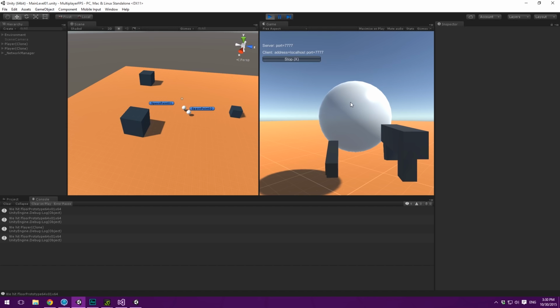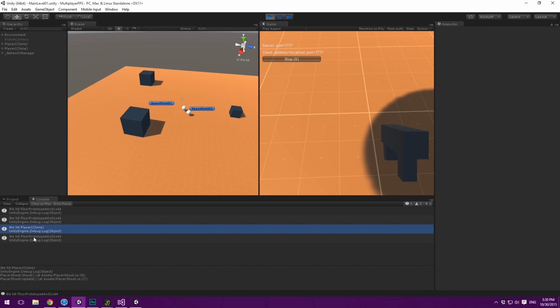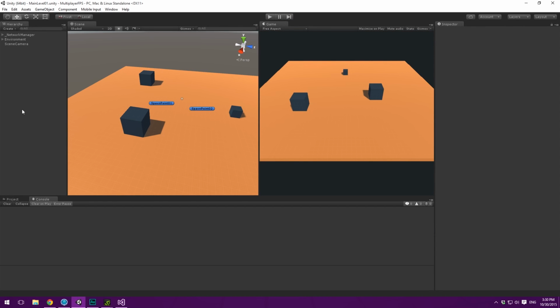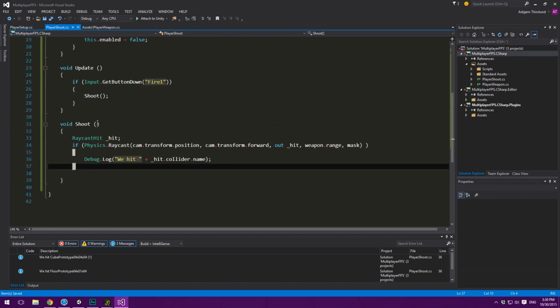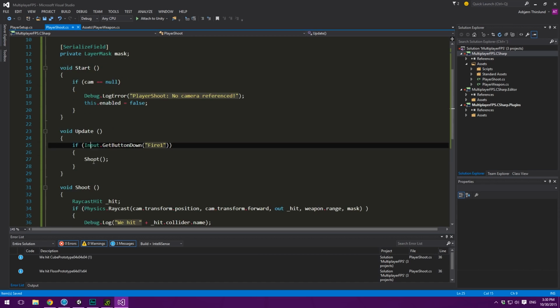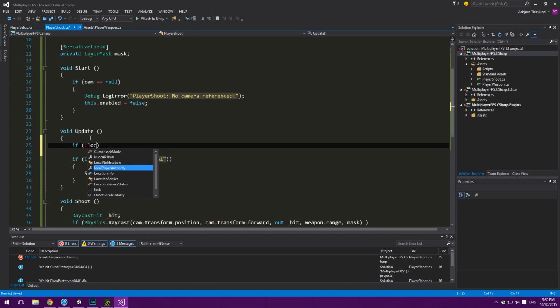So that's because we have to go in and disable the component. We'll look at that in a sec. But you can see that it says we hit the player there. And that's all that we need. So now that we know that this is working, what isn't working is that we don't have any checks inside of our player shoot to make sure that we only do this for the local client. Because when we get the input down, we don't want to fire on other players' behalf, which was what we just did. So we could do a check in here saying that if we are not local player and all that,